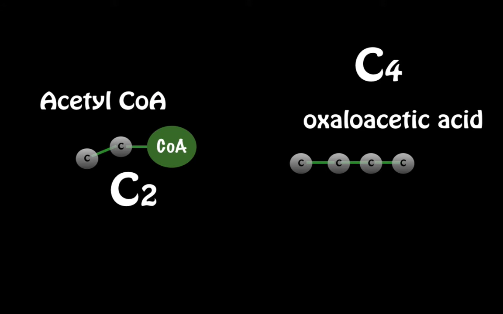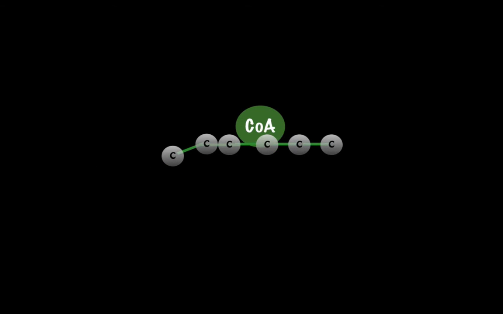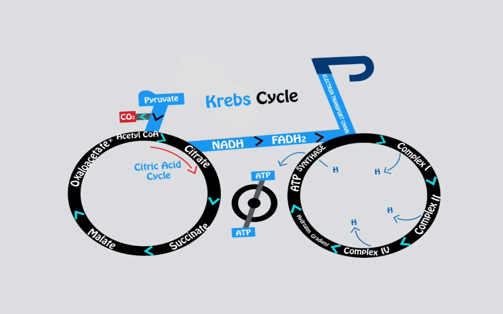So again, my 2-carbon molecule acetyl coenzyme A will combine with the 4-carbon molecule oxaloacetate. I have a reaction where my coenzyme ushers in my 2-carbon molecule, and I combine to make a 6-carbon molecule called citrate, citric acid. So citric acid now will continue on the Krebs cycle, and the next steps that I'm going to describe is how citrate will